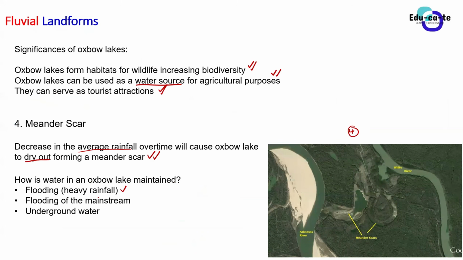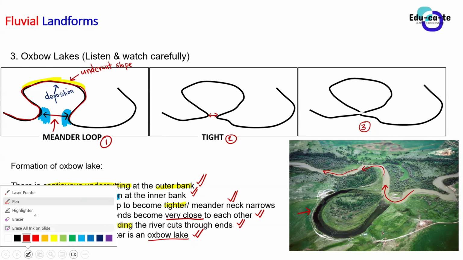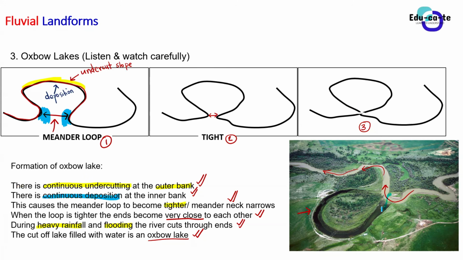Okay? So let's just say it's raining and it's raining and it's raining. Obviously, the river will flood, guys. And when the river floods, the water will go towards the Oxbow Lake because the Oxbow Lake is actually next to the river from which it formed. So basically, if there is heavy rainfall, flooding will occur, meaning that the water from the river will not just stay in the river itself. Instead, it will just flood into the Oxbow Lake.